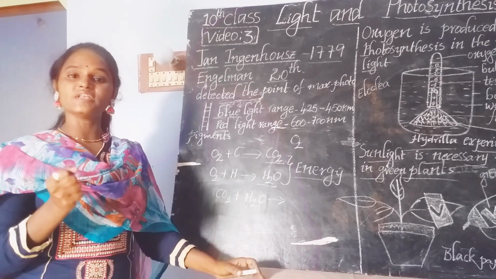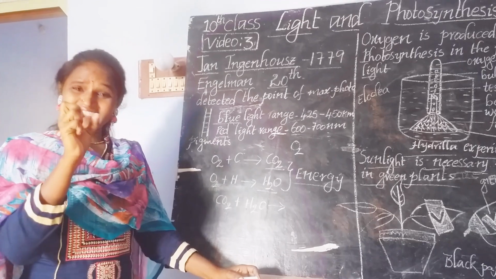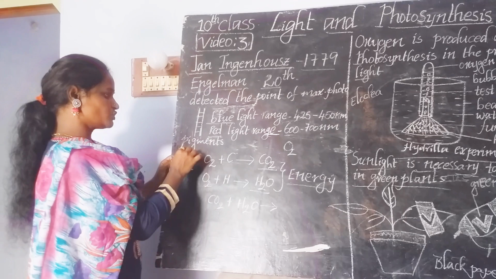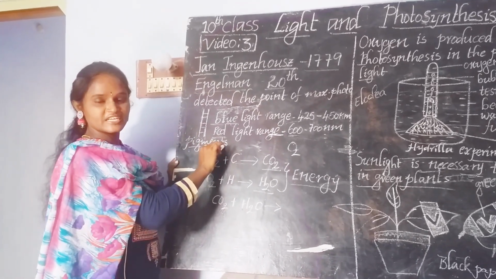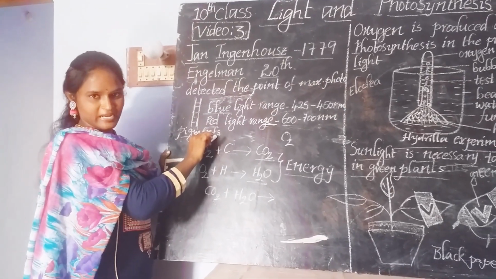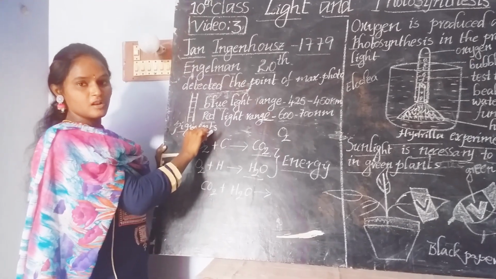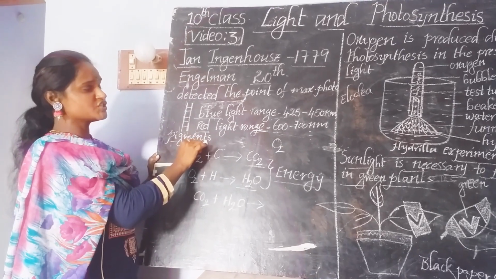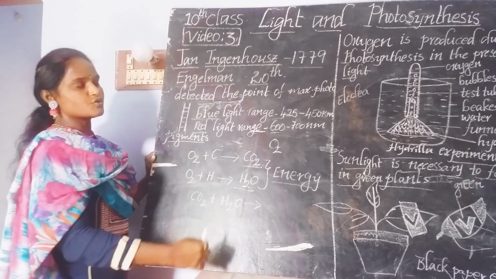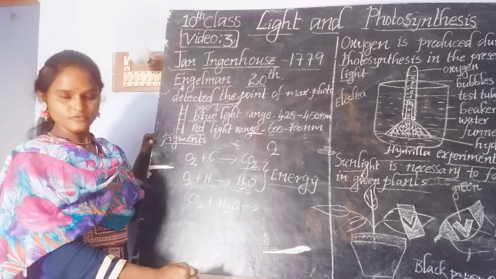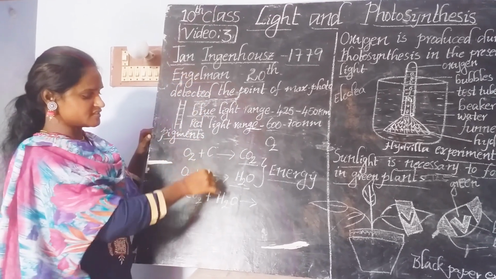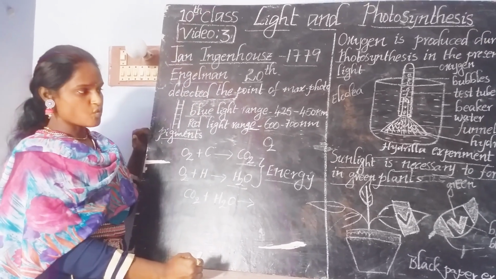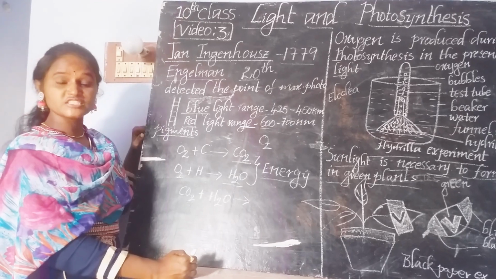This means the chlorophyll is able to trap the sunlight very easily. He also gave the concept of pigments, the different colors of pigments present in the plant. Mainly, the chlorophyll absorbs energy from the sunlight, and that energy is very useful in the photosynthesis process for the production of oxygen. I think you understand this introduction of the relation between light and photosynthesis, and what experiments prove that oxygen is